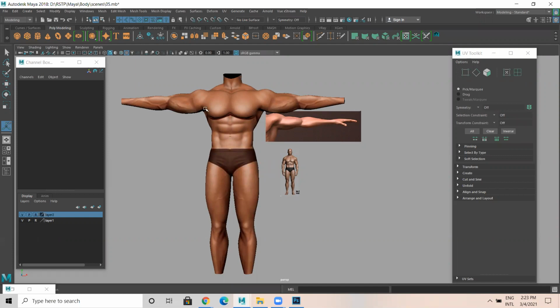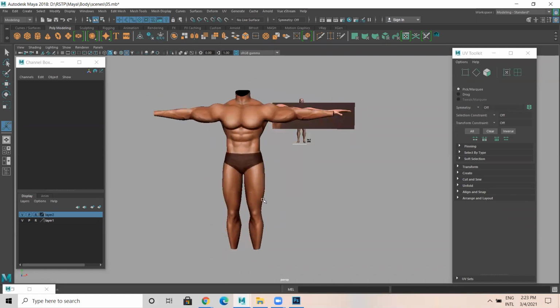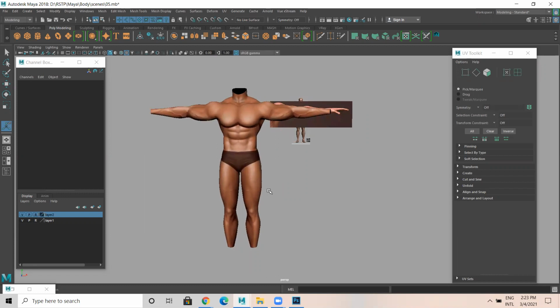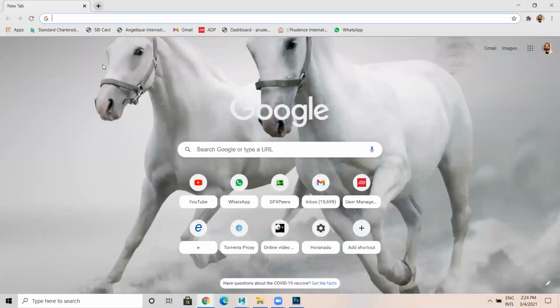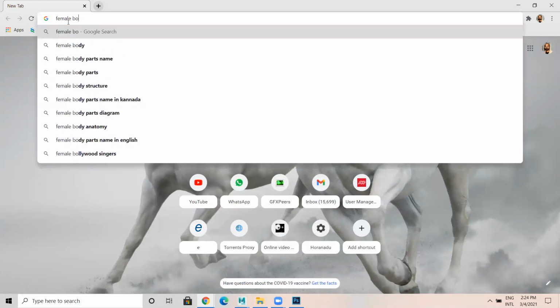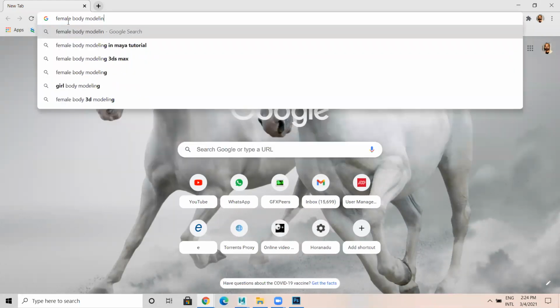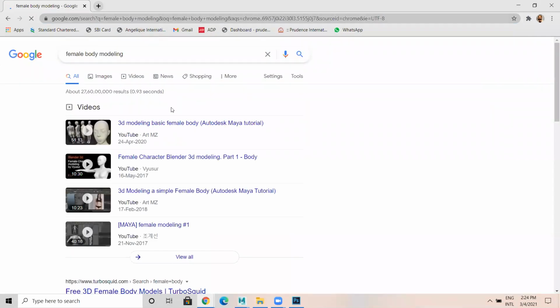So for your body model, either it is male or female, even for a female model I want you to do unwrapping and the texturing. For female modeling, you will get a reference if you search the net, like female body modeling. You get different textures.